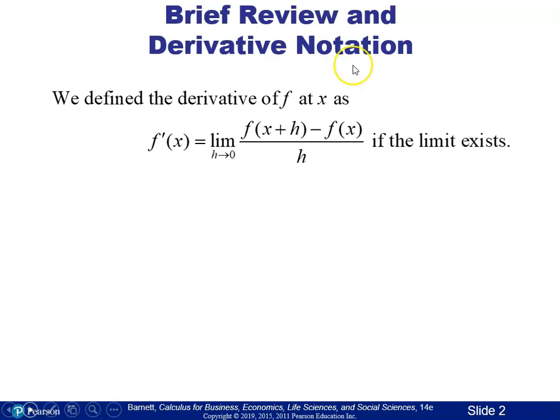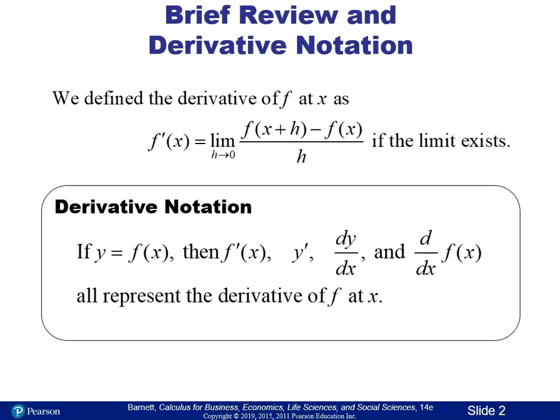Okay, in the last section, we defined the derivative to be the limit as h goes to 0 of the difference quotient if that limit exists. And that is the same thing, but people over the years have found shortcuts for doing this because there are a lot of patterns that exist. So we talked a little bit about notation to be sure you're comfortable with all this notation here. Mainly the first three, f prime, y prime, and dy dx will be the ones that you'll see used the